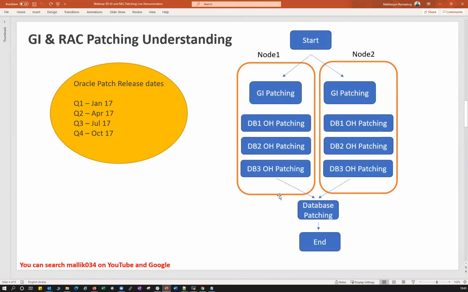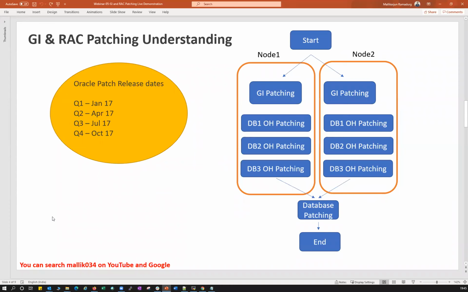But nobody will usually go with a 2 node approach, because if you take 1 node down in a 4 node cluster, you'll have 75% of the resources available to serve your application. So go with 1 node at a time if you are approaching rolling patching, or if you are okay with 50% of the resources in a 4 node cluster, you can do 2 nodes at a time. No restriction on that. It is left to you.